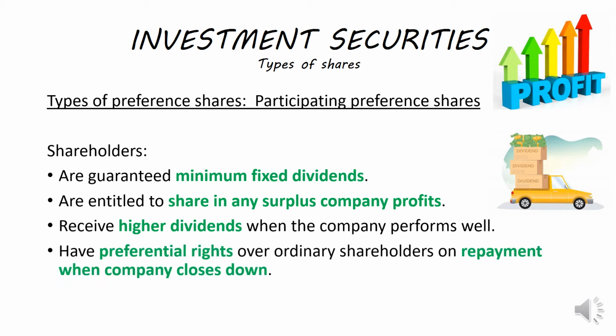Right, and then again, because these are preferential shareholders, with any preference shares, any preferential shareholders have a right over and above the ordinary shareholders when the company closes down. Remember, we've said this many times in this lesson now. Should the company close down because of bankruptcy and they are liquidated, your preference shareholders have a better chance of receiving a part of their investment back. Remember, they will be paid out before your ordinary shareholders should the company be liquidated.